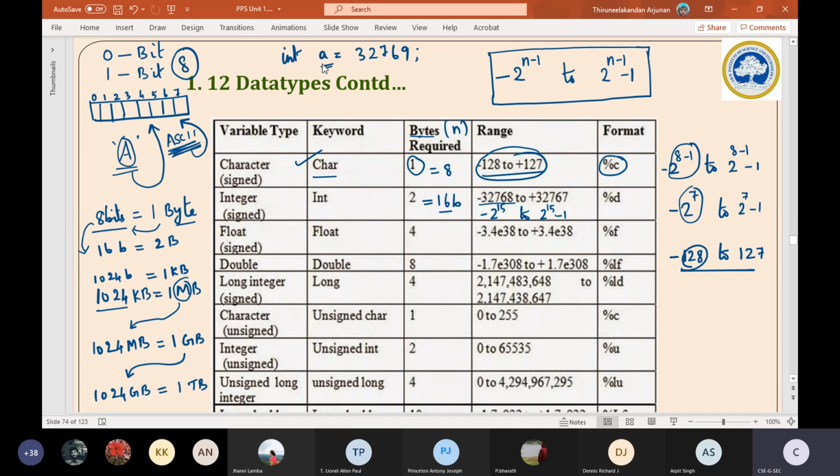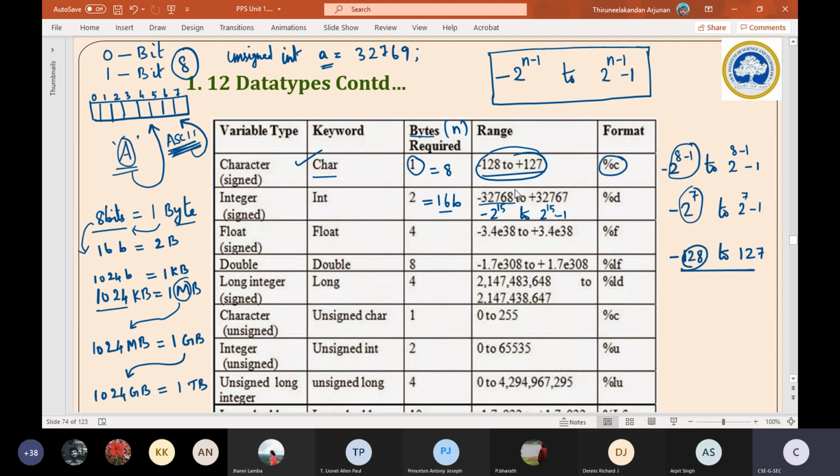Then what to do, sir? If we are sure that we need to store a number greater than the normal integer range, we simply prefix it with unsigned. If you specify unsigned, automatically the negative side will get cut.